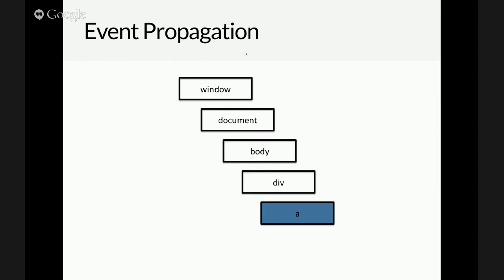So let's say I have a link, and that's inside of a div, which is inside the body, which is inside the document, which is part of the window. And I'm gonna click on that link. What the browser is gonna do is it's going to first find every registered event handler in the capture phase. It's going to first look for ones on the window and dispatch them. So what I mean by that is,